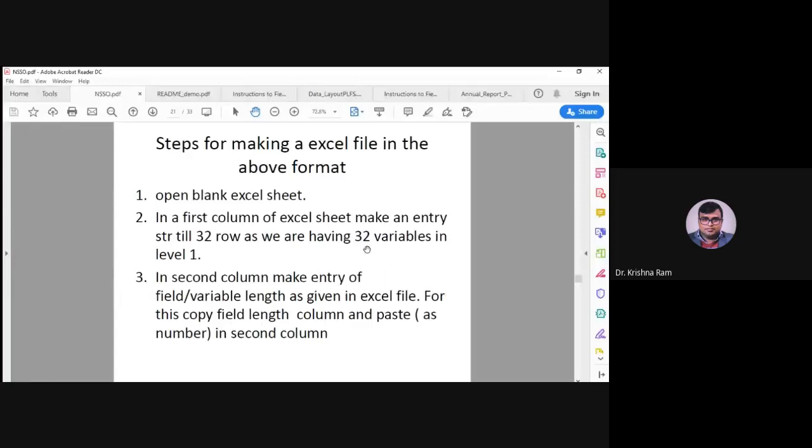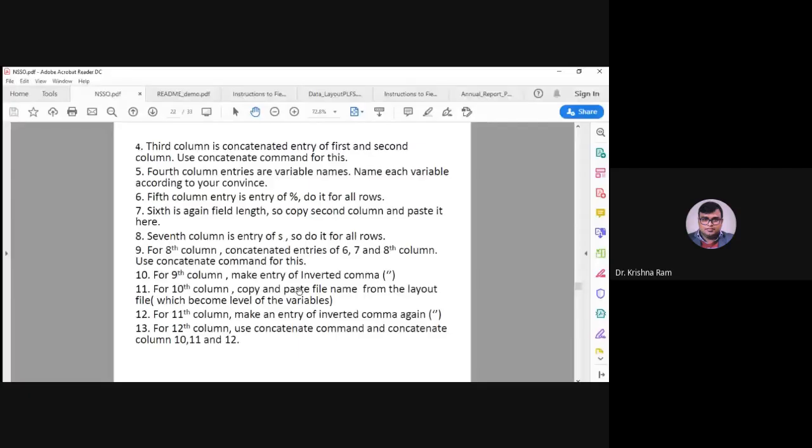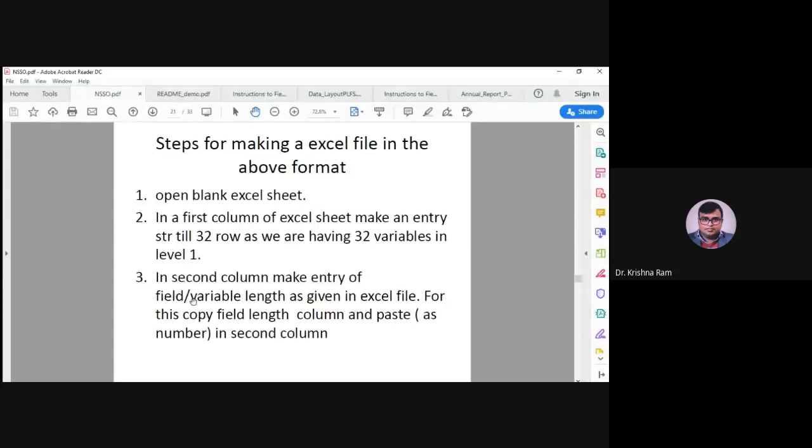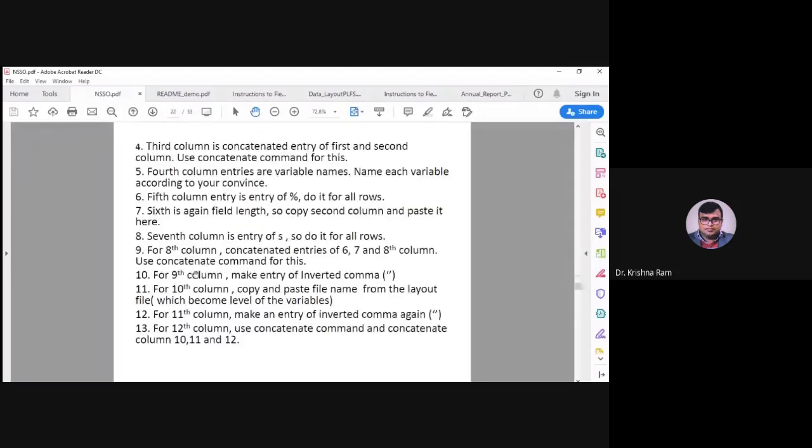Second column, again, as I told you, this belongs to the variable name. Sorry, in the second column make an entry of field variable length as given in the Excel file. So we just copy the field length from the layout file and paste it in the second column of the Excel sheet, and so on. So these are all the descriptions which I just told you. You can go through all this when you face any problem, and